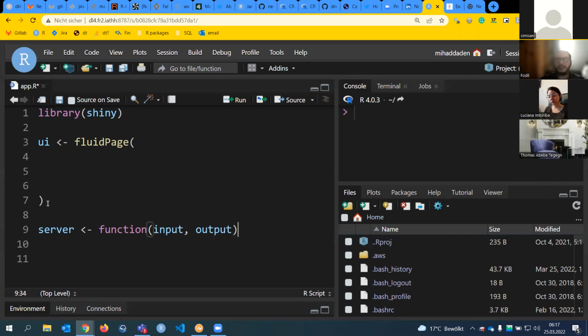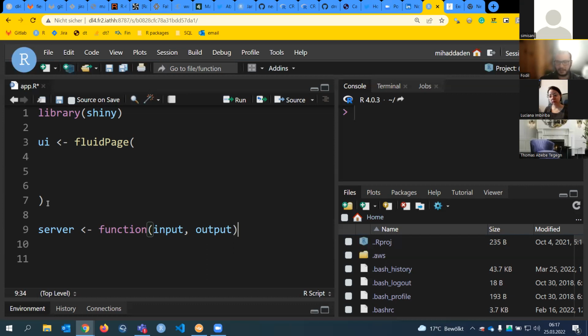Because our server part makes some calculation, but it needs to have some inputs. For example, the user clicks something. Oh, this is an input. I will use it in my server to make it clear that the user clicked something and then to trigger a calculation. So this is an input.